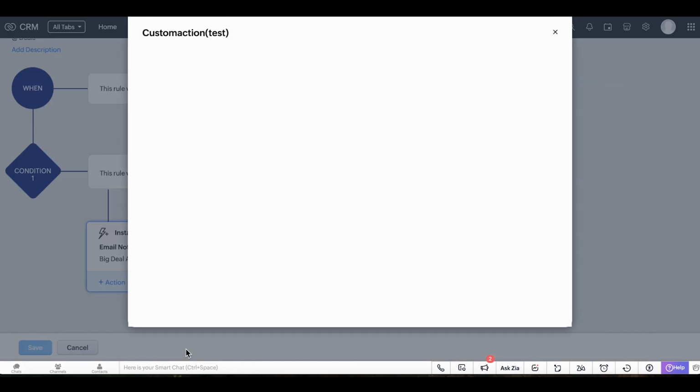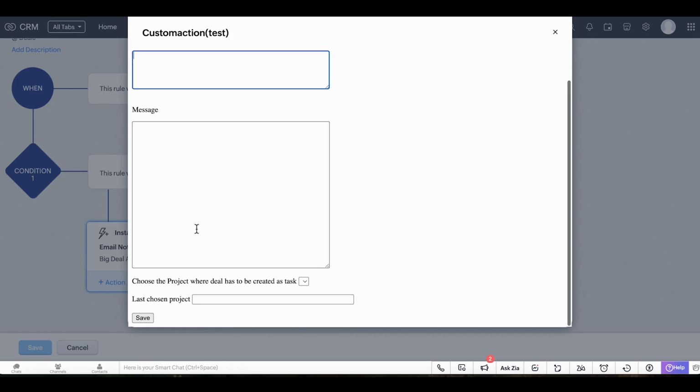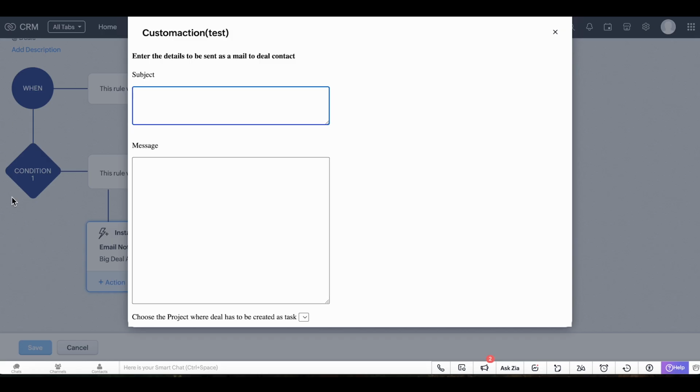Let's say they click on the custom action, they will be prompted with the custom UI that you've created as part of the custom action. This is where the custom UI that you're creating in the custom action component will be displayed to the end user. The end user can go ahead and provide personalized inputs according to this workflow that they are creating. We saw, right, if the lead is going to be converted into a contact, then the email's content will be different. Similarly, if the deal is going to be closed and won, then the email that's going to be sent out is going to be different. So based on the criteria, the input provided over here in the custom UI will differ.